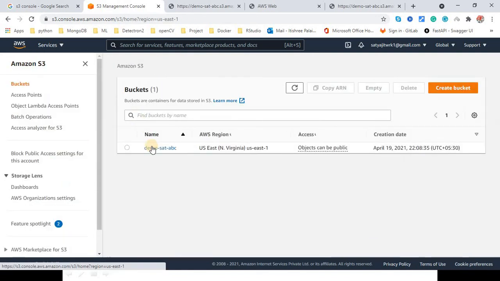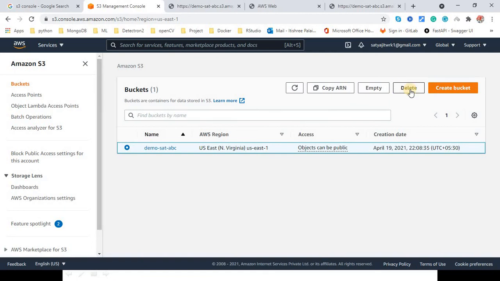Now go back here again, and now this is my bucket. If I want to delete my bucket, now we try to clean up. To clean up, choose this option, and guys, you can find a delete option here.